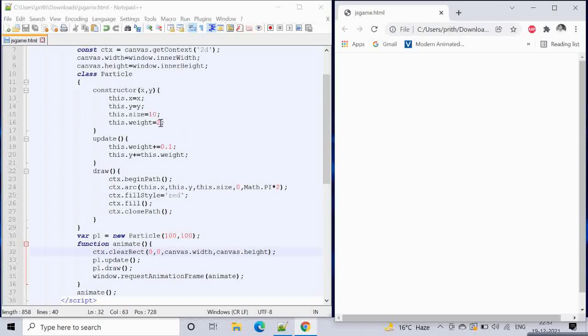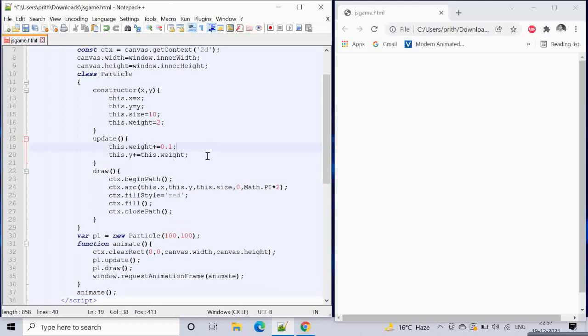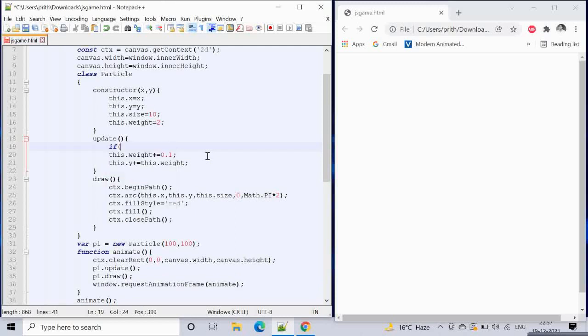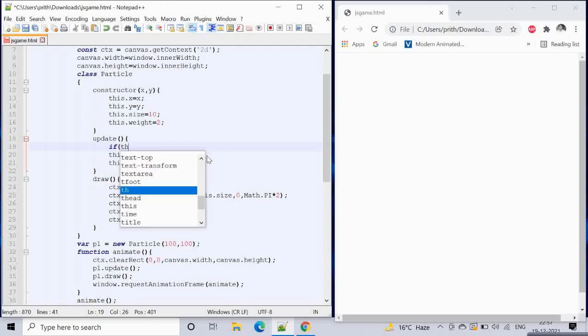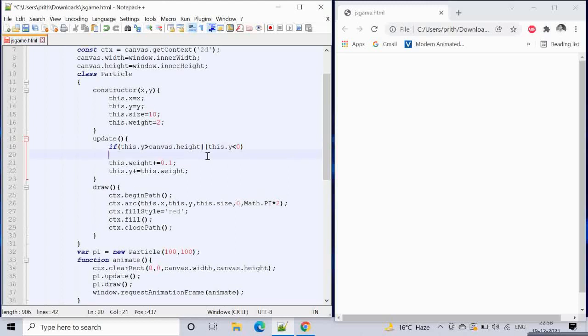Now what we want is, the moment the ball's y coordinate is greater than this, we want it to bounce back. It's very simple. In the update method, you give if this.y is greater than canvas.height, or this.y is less than 0, then we want to change the direction of this ball.